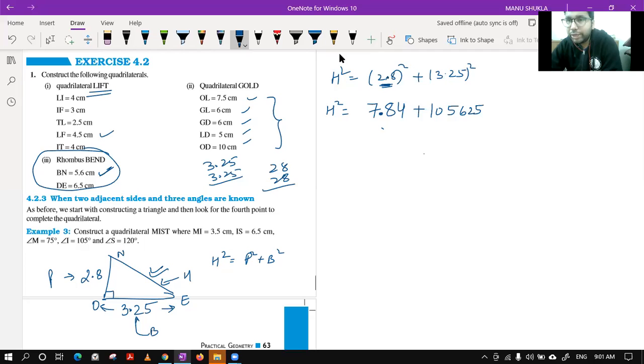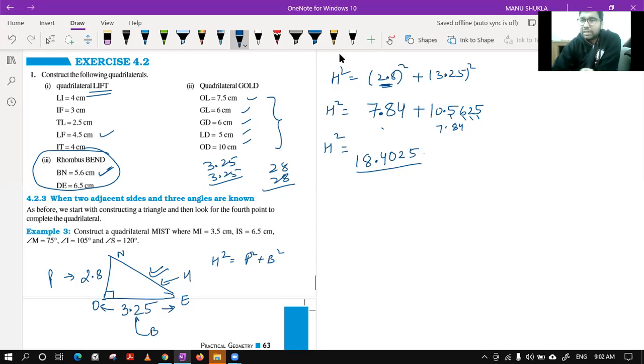Now, 3.25 square is this. We had decimal at 2 places. After square, it will be at 4 places. 1, 2, 3, 4. 10 point something is the answer. Now, add these two. What will we get if we add these two? Please help. It will be like this, 7.84. We will get 5 at the last, 2, then 4 plus 6 is 10, then 1 is there, 6 plus 8 is 14, then 7 plus 1 is 8 and 1. I think we will get this.